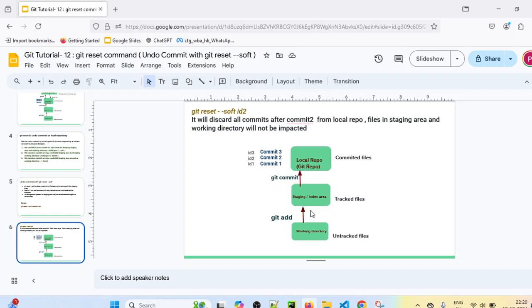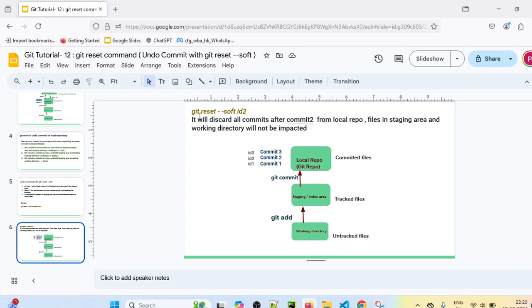So if you have added files in the staging area, let's say in commit 1 you have added one file, in commit 2 you have added a new file, and in commit 3 you have again added file 3. So commit 1 has some ID, commit 2 has some commit ID, and commit 3 will also have some commit ID.